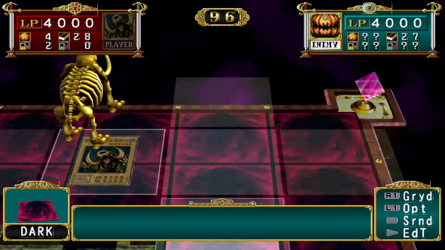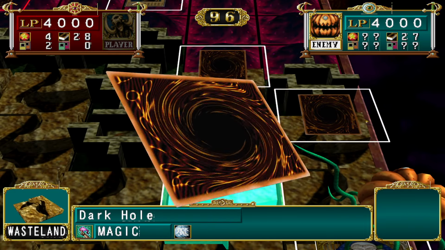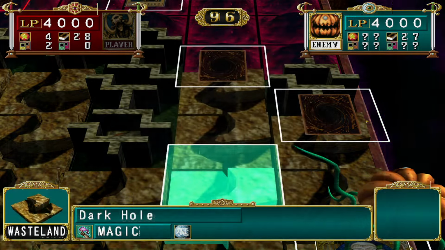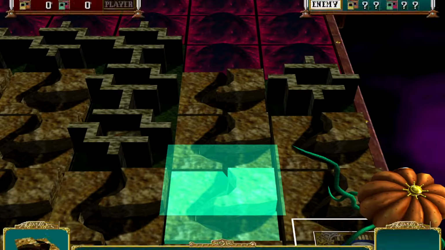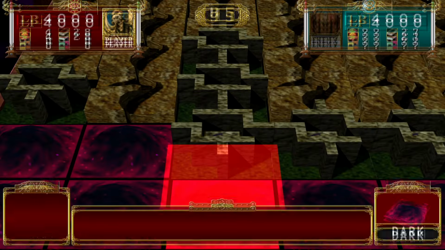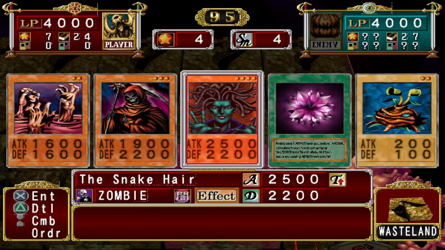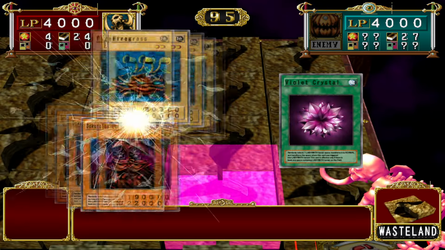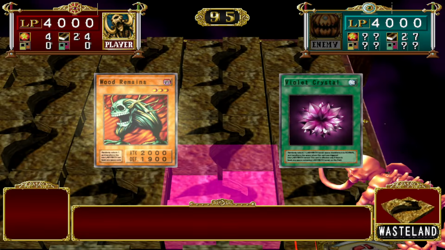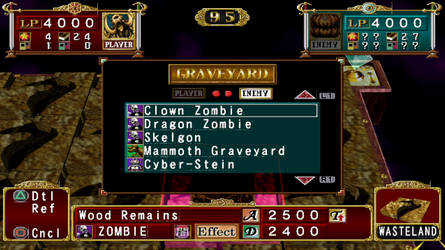Also, maybe I should talk about why this field's designed this way. His AI really likes to go down that one pathway right there. That Dark Hole's unfortunate, but that's okay. We got one of the Dark Holes out of the way. I'm kind of surprised that he just Dark Holes the field like that, but...